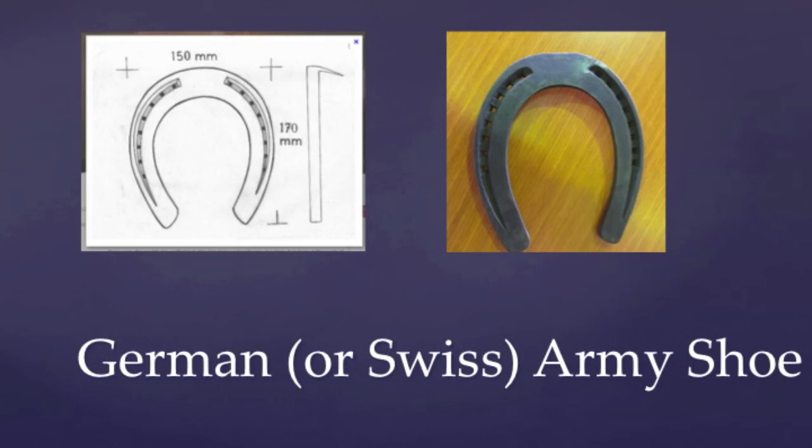I say German or Swiss because depending on who you talk to, I actually think the contest is wrong. In our collection, this is described as the Swiss Army shoe. These were produced for the Swiss Army off-site. So essentially they would have a production facility in a large city. They would have all of their forges, all of their blacksmiths together, and what they would do is fabricate shoes